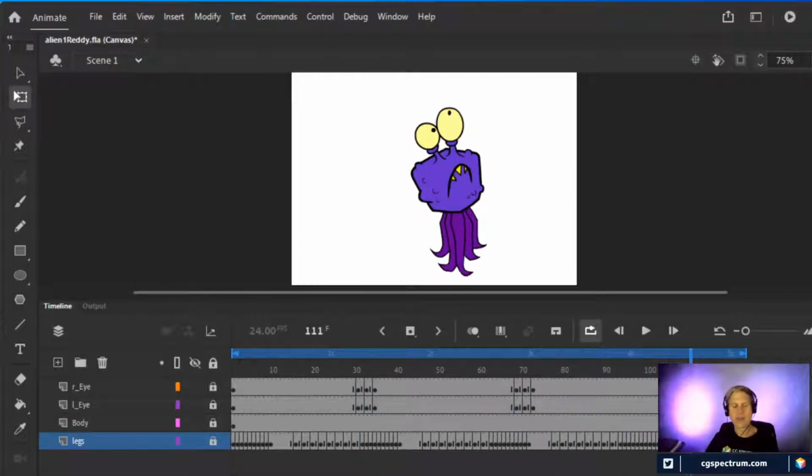And all I had to do was color the yellow eyes and then stick the pupils on top of that. So if I just play it now one last time, you can see that that is the finished product for this little purple thing. So anyway, there you go. That is first alien.